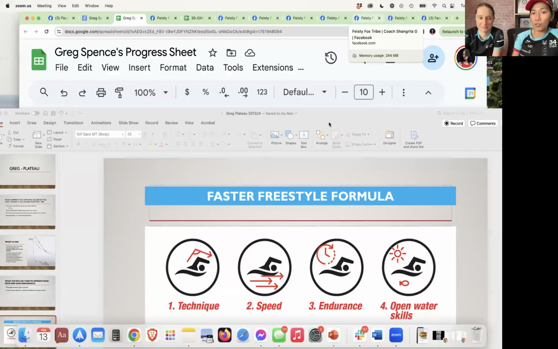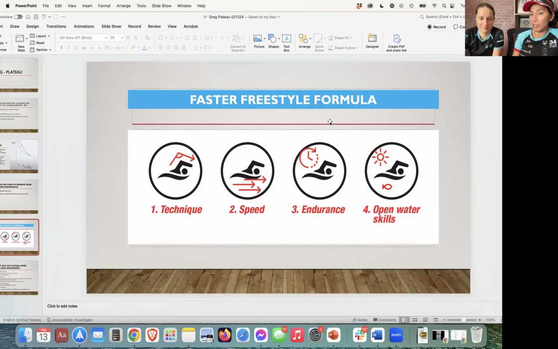Then you're only doing one portion of the training. That's it. You might be able to finish the distance, but then the question is how will you finish it? That's how Greg was. Like he's kind of finishing, right? And the next thing, he cannot go longer than 500 yards before. So what we did is we taught him how to pace himself without losing the speed.